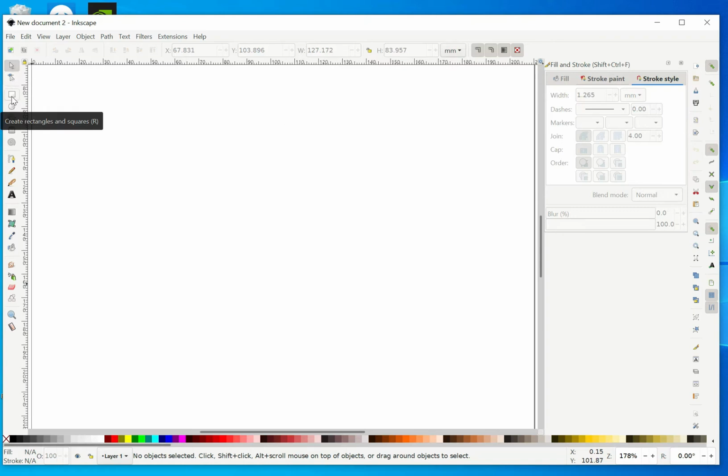Now this can help you to create a rectangle or a square. Here you can create something like circles, ellipses, arcs. You can create stars and polygons. You can create 3D boxes. This creates spirals. This is to draw Bezier curves and straight lines. This is something like a pencil. You can see it as a pencil to draw freehand lines. This is to draw calligraphic or brush strokes. This is for you to write a text, and then we have other options here that